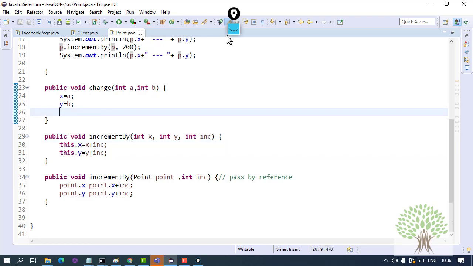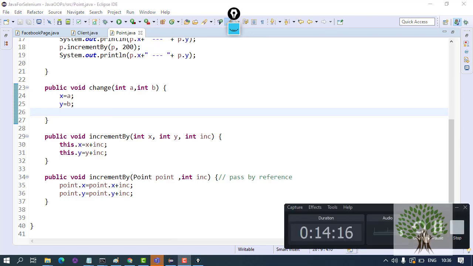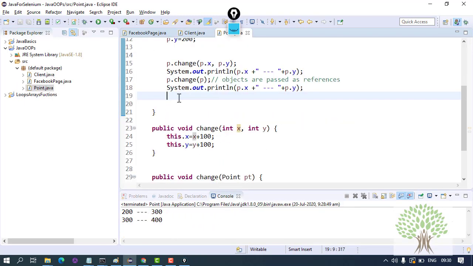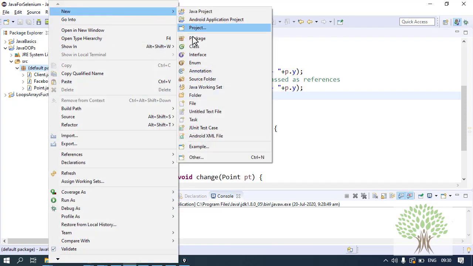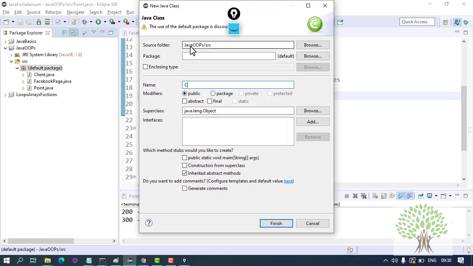The next thing, the last concept of this particular session is the concept of constructors, which is also really important. If I have a class, fine, if I have a simple class, let's create a simple class like a car class.